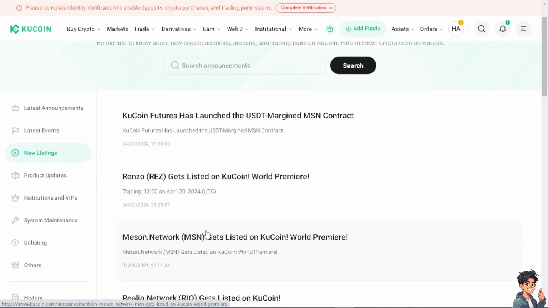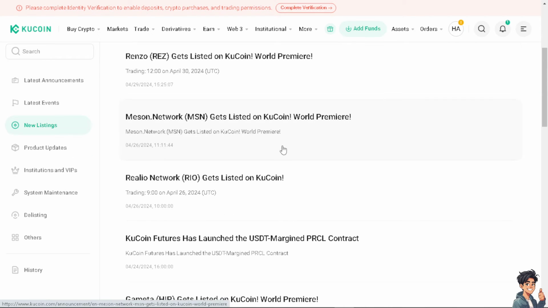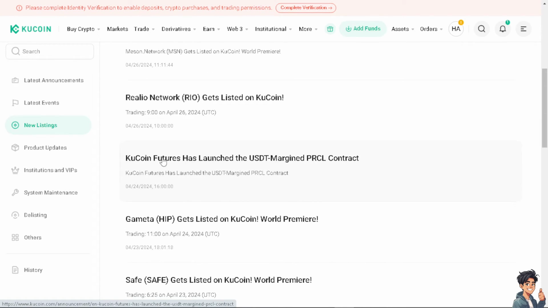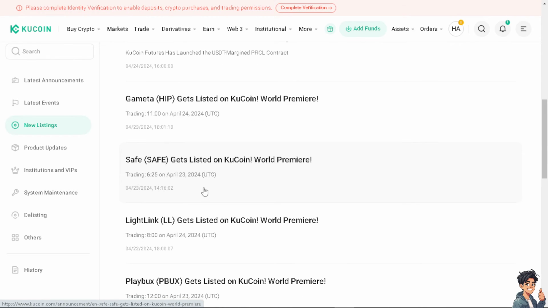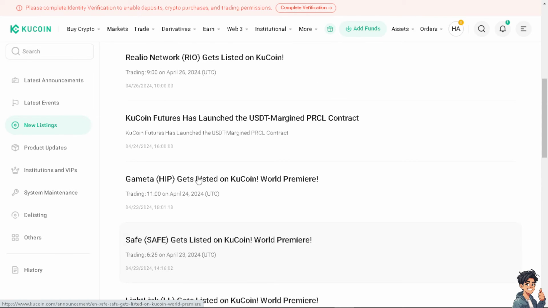MSN gets listed on Kucoin. All right, there's a new launching of the USDT margin MSN contract. Relio Network or Rio gets listed on Kucoin, and Kucoin Future has launched the USDT margin PRCL contract. And the Gameta, which is HIP, gets listed on Kucoin world premiere, and the Safe gets listed on Kucoin as well. So these are one of the ways for you to know new coin listings